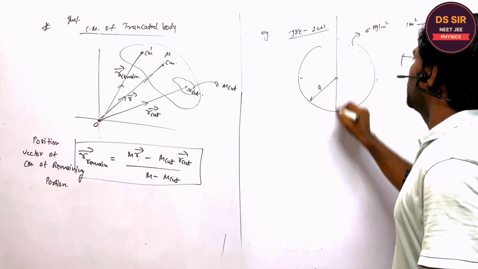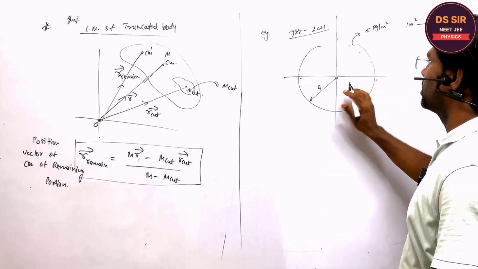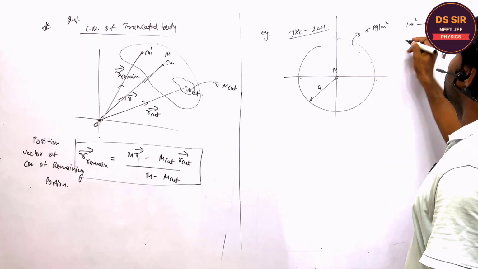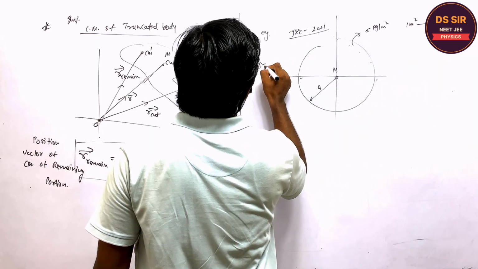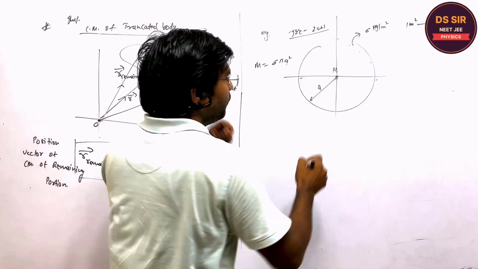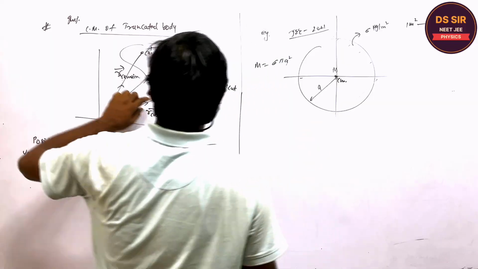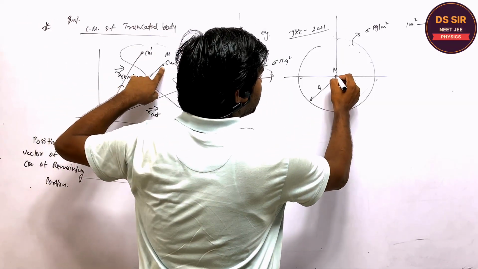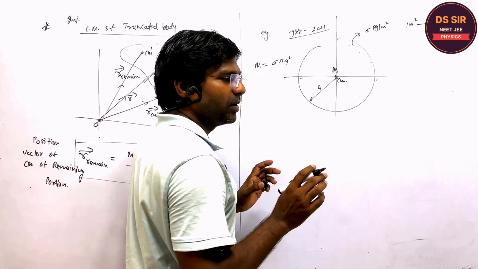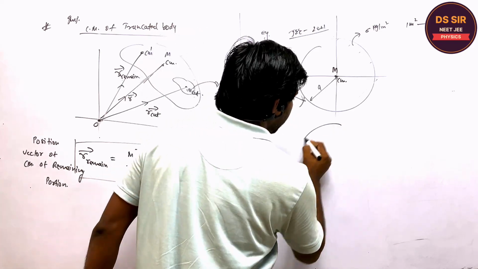Now you tell me, if I consider without cut, the mass is m, right? So what will be the mass? Its mass will be equal to sigma into pi a square, first of all. And where will be the center of mass before cut? The center of mass before cut will be at the origin, and its mass will be m. Now in the second figure,